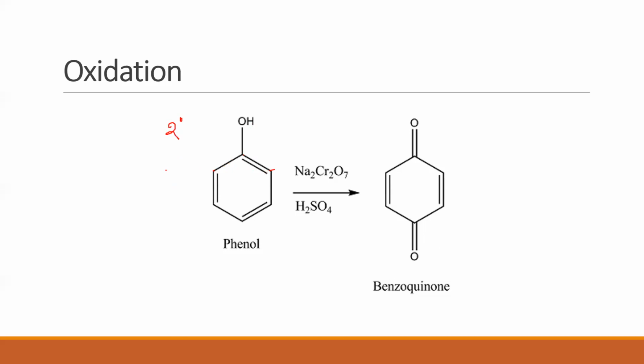Although I cannot call it a secondary alcohol because it is phenol, still, for our understanding right now, it looks like a secondary alcohol. And what did we say secondary alcohols give upon oxidation? They give a ketone, which means this group should become double bond O. Hydrogen should be removed and I should get a double bond here. Now, assume I get a double bond here.